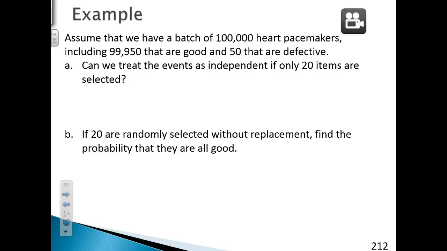So to figure out if 20 is less than 5%, we just take 20 and divide it by 100,000. When you put that in your calculator, this is what you're going to get. It looks like 2e to the negative fourth. Well, that is scientific notation. That is 2 times 10 to the negative fourth. And that means take this decimal and move it 4 places to the left. The negative means move to the left. So, that would be